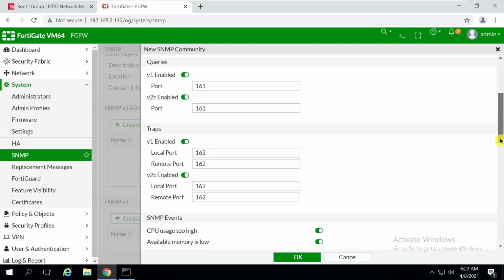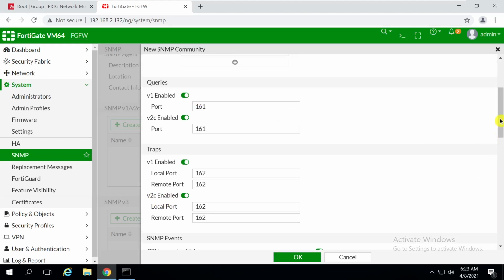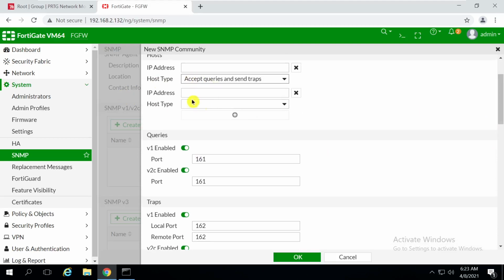Sorry guys, once you enable this IP address and give the host type, then you need to provide these queries. Under queries, you have the option to select version 1 or version 2c. If you are using version 1, you need to enable it.